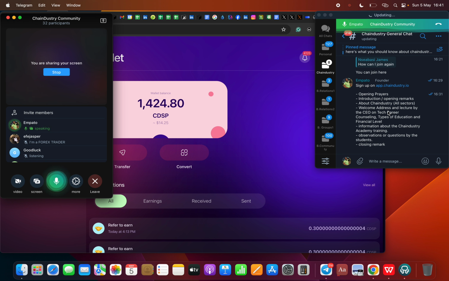So ChainDustry investment takes a minimum of $10 from our students and exterior investors and other people that are interested, even our staff, to invest in startup pre-sales. And there are pre-sales in Web3, more like a seed investment in Web3 that can do 10x, 20x. The best way I can explain this to you in simple terms,